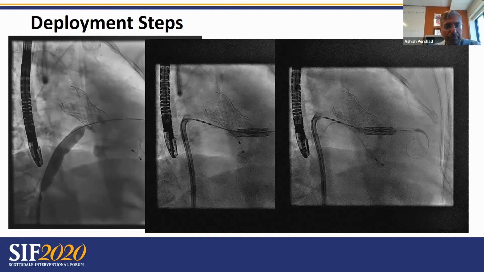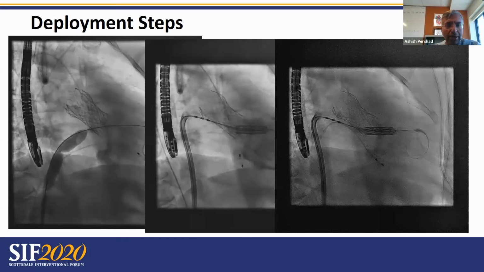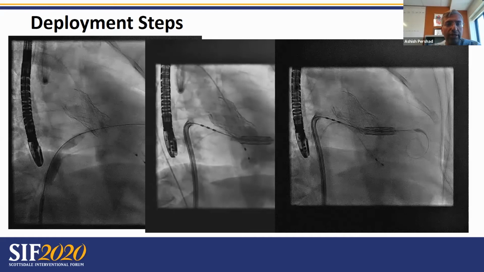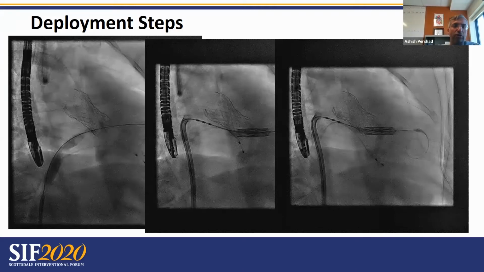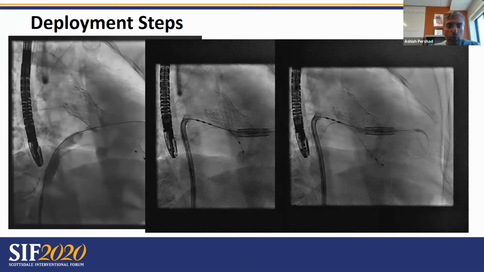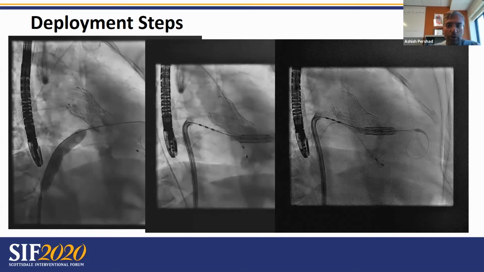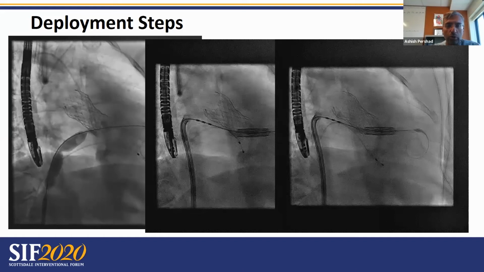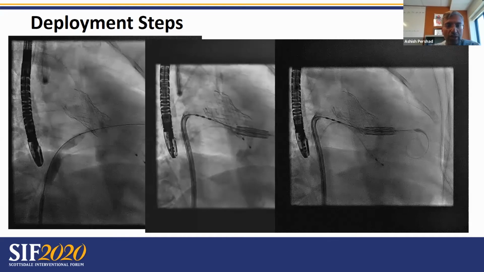Once we've done that, we are able to cross into the left atrium and then into the mitral valve using an Agilis sheath. And once you have an Agilis sheath directing you, use a JR4 and an exchange length 0.035 wire to cross into the left ventricle, and then switch the 0.035 exchange length wire for an extra small Safari wire. The bend on the extra small Safari wire is the opposite direction to what you would normally have, say, if you were doing a TAVR procedure. And we do these procedures with the placement of a temporary transvenous pacemaker, as you can see.